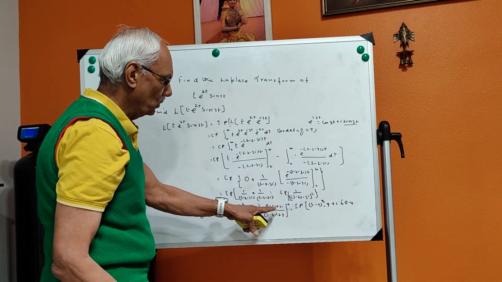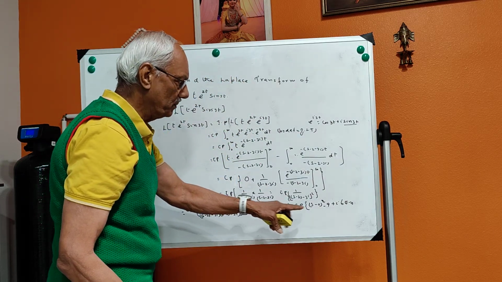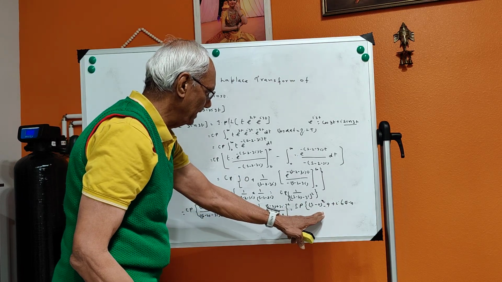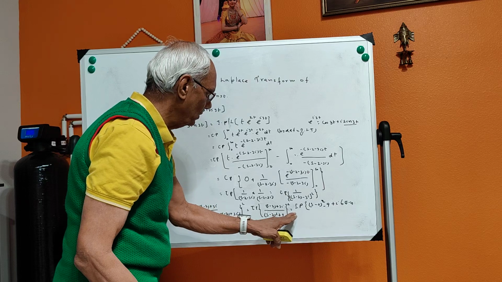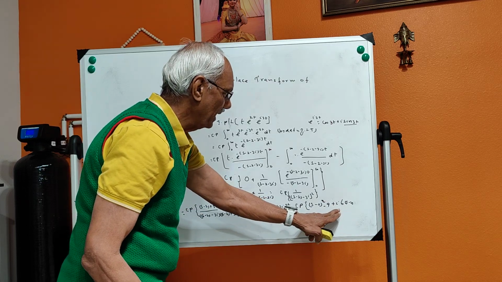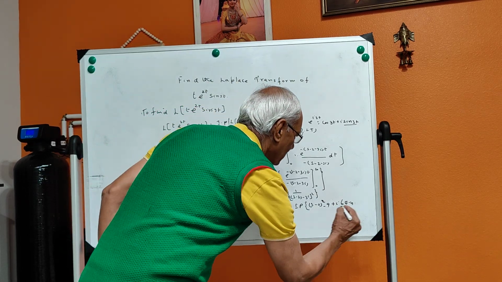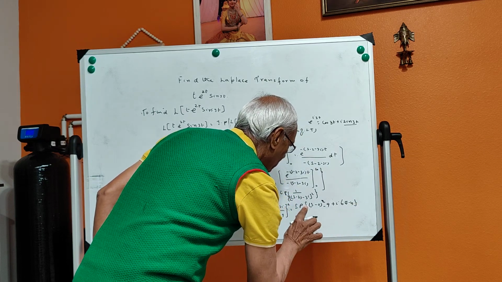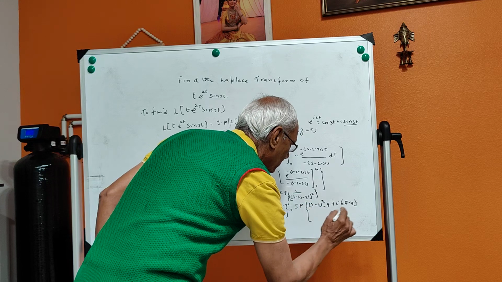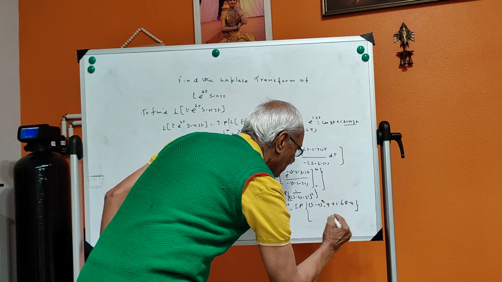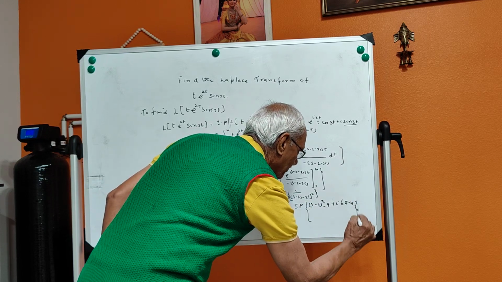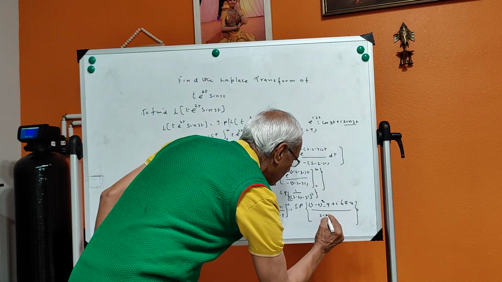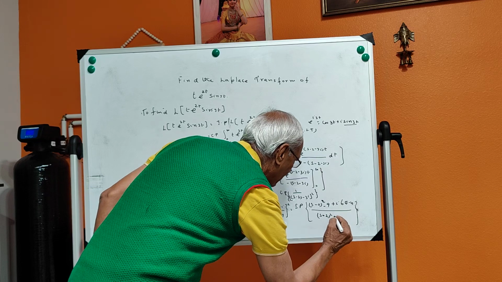(a plus b) whole square is a square plus 2ab plus b square. So I am getting this as (s minus 2) whole square minus 9 into 2 into (s minus 2) into i 6 of (s minus 2), whole divided by (s minus 2) whole square plus 9, whole divided by,